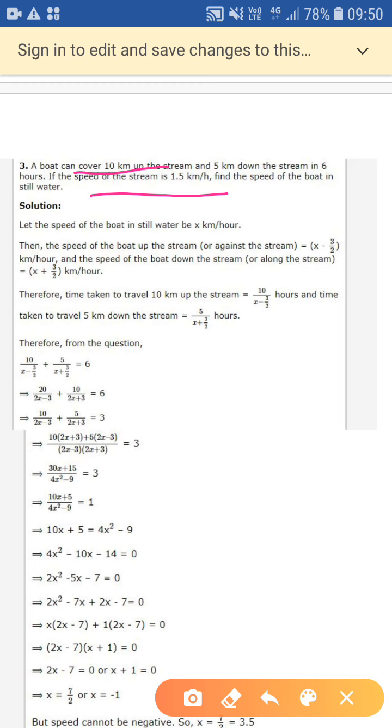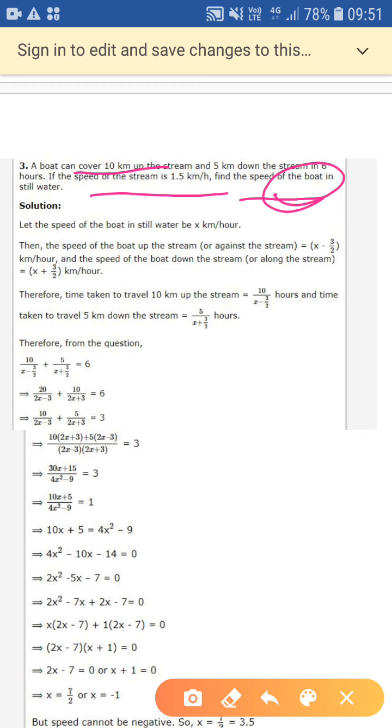See, these are the stream problems of current, speed of the river, speed of the current problems, and speed of the object. Object here is boat. It can be a human being also, like a swimmer. So we have two speeds in such type of problem. One is the speed of the river or the stream or the current, and the other is the speed of the boat or the object. It can be a ship also, and it can be a human being also.